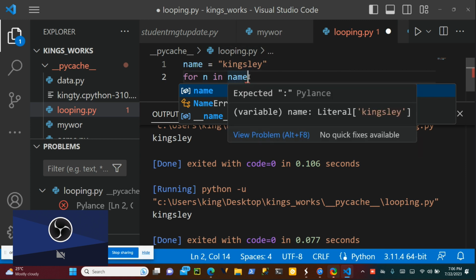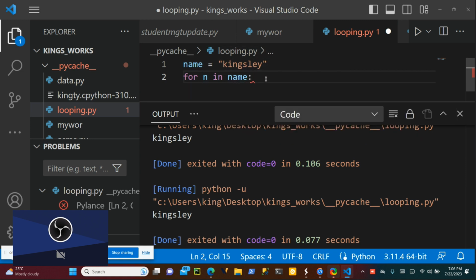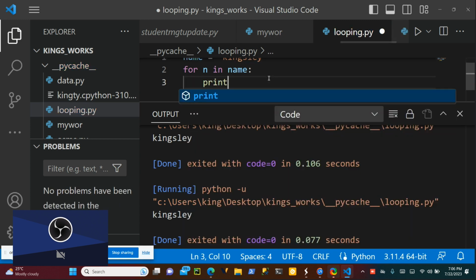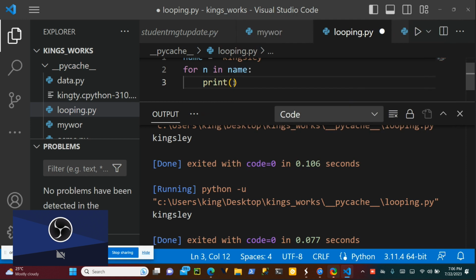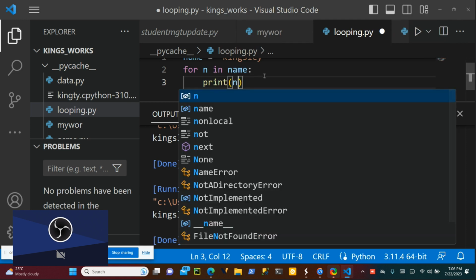So if I want to do that, I can come here and say print n. So the n is the one that is doing the iteration.